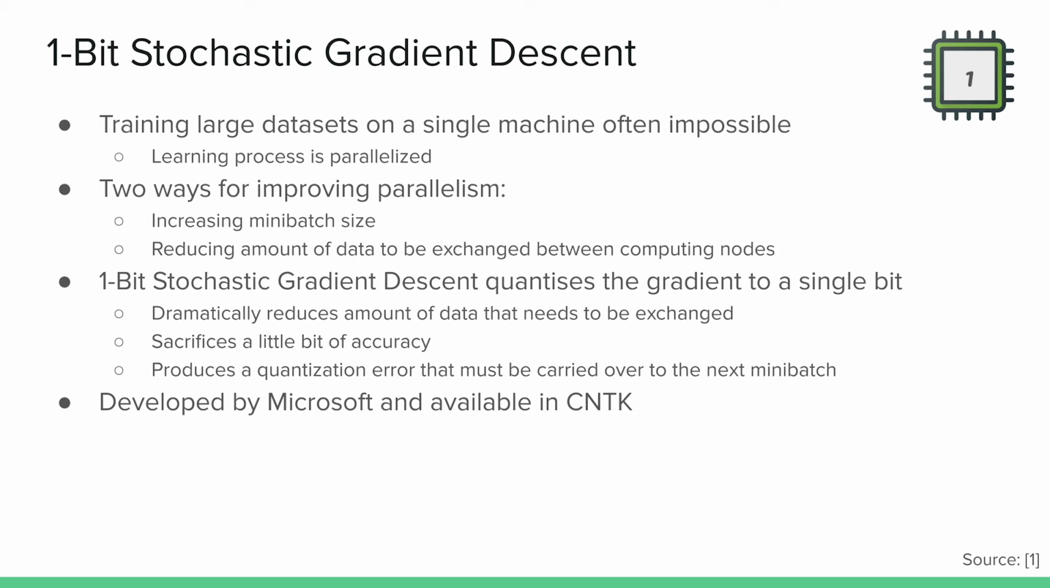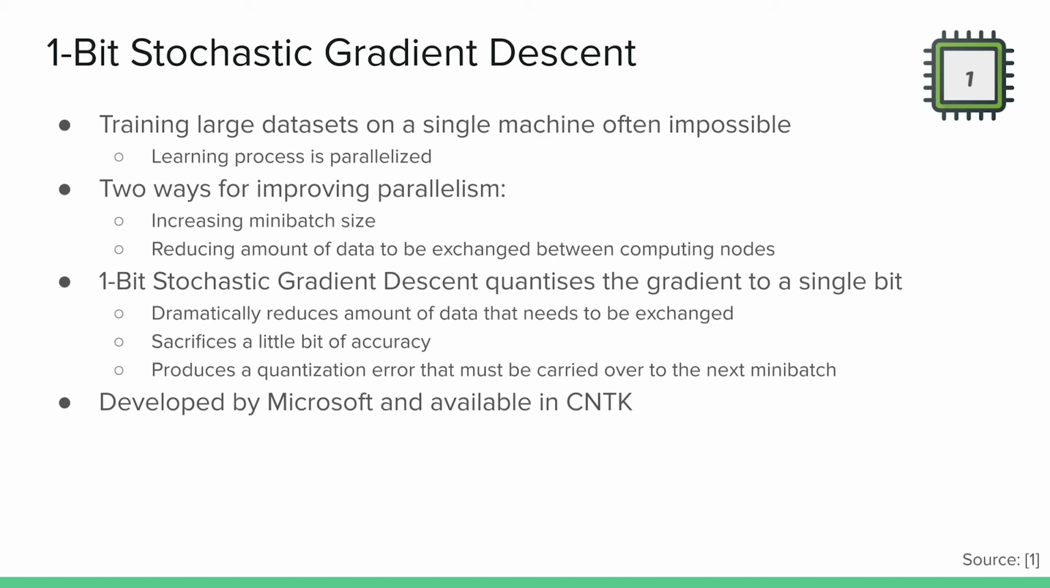And as I said before, if you split your data set and you run this in parallel, you have to synchronize your gradient. So you can either improve this parallelism by increasing the mini batch size by training on more samples at the same time, or by reducing the amount of data that needs to be exchanged between those individual nodes that are training your model. And this 1-bit stochastic gradient descent is trying to do the second thing by quantizing the gradient of your model to just 1 bit. So it dramatically reduces the amount of data that needs to be exchanged, while of course